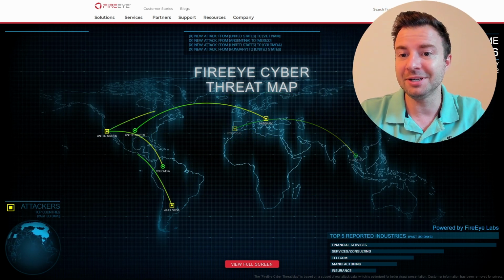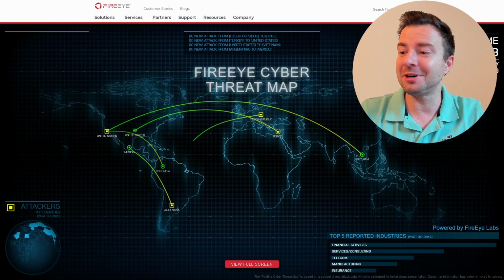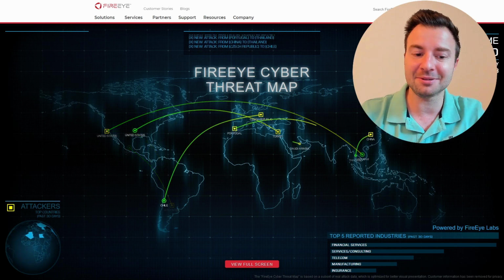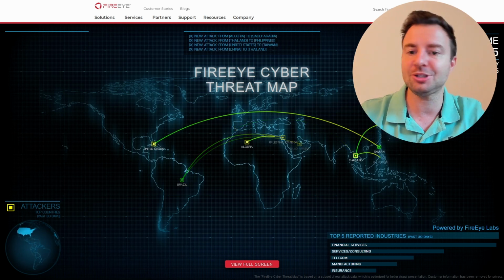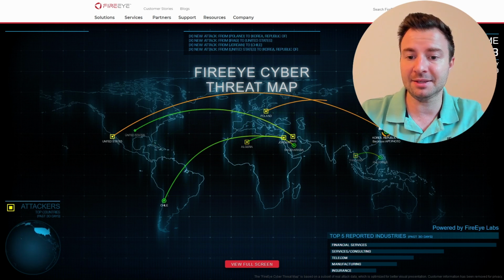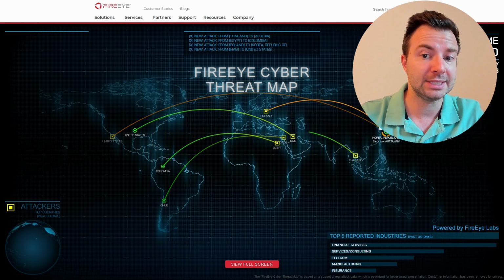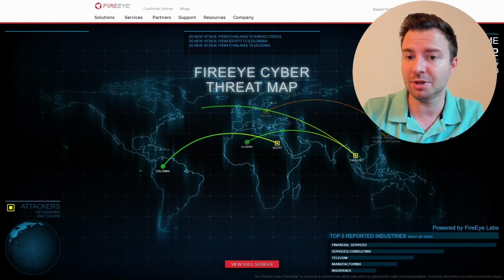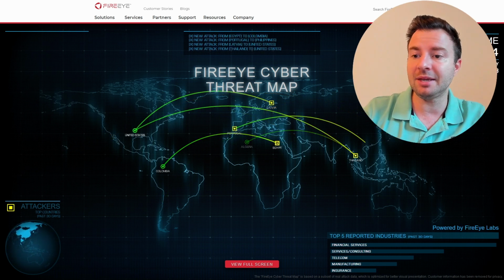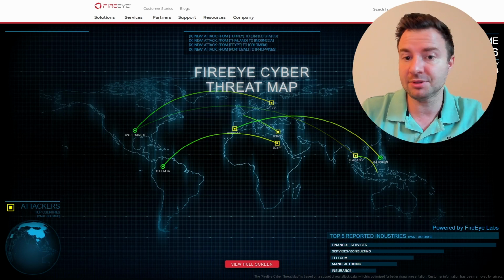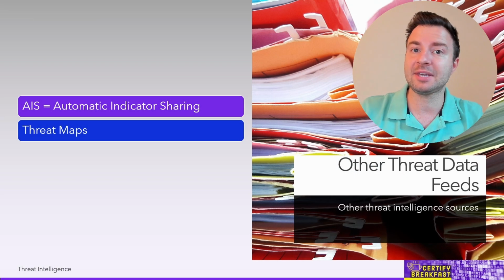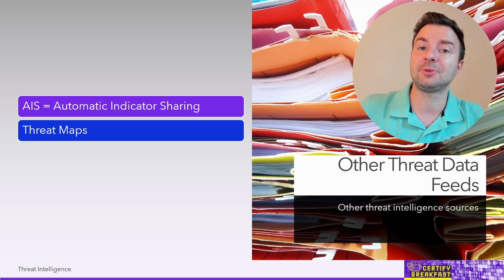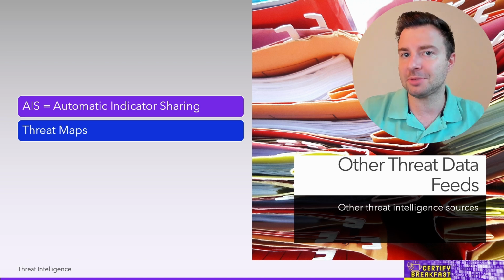So there are a lot more reasons to actually consider these threat intelligence sources. This is just how many attacks are happening each and every second all over the world. And these are all the attacks that we know about. There are a lot of zero-day exploits that we don't know anything about that are being conducted without anybody noticing, perhaps. So these are the threat maps. Nice to look at, spectacular if you put them up on a dashboard, but there's also real information behind those